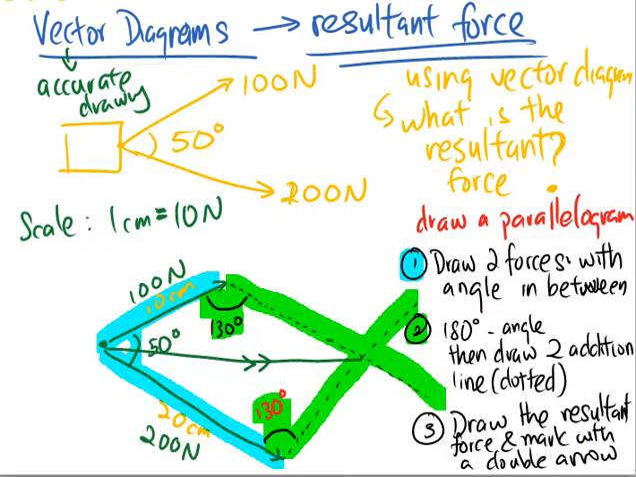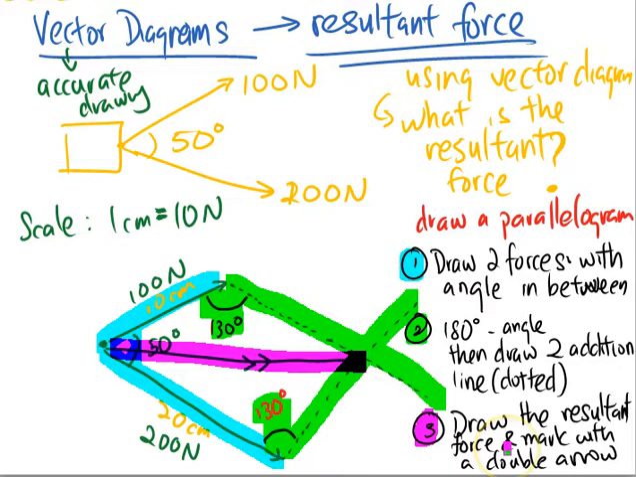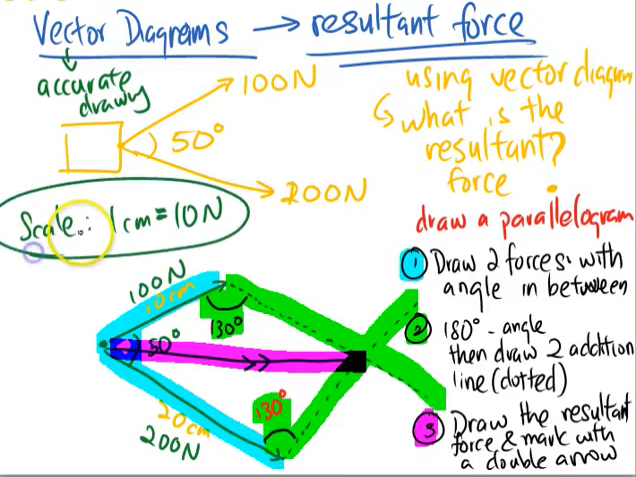So where is it? It's actually the one marked in pink. So we draw this and then we mark it with a double arrow. So that's the resultant force. Now, how am I able to measure the resultant force? Because of your scale over here,